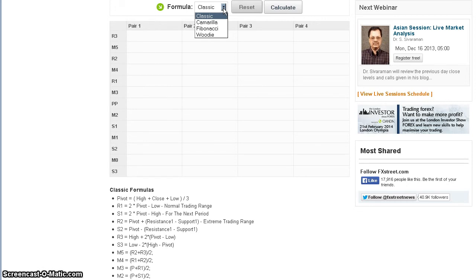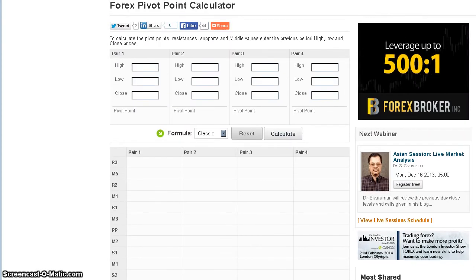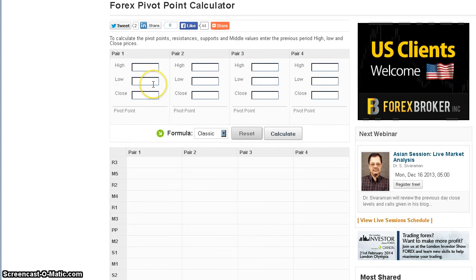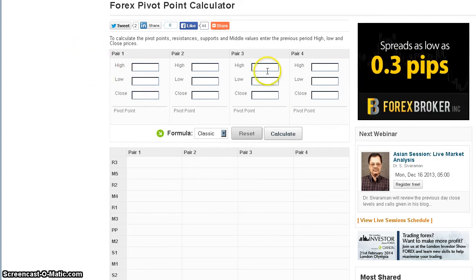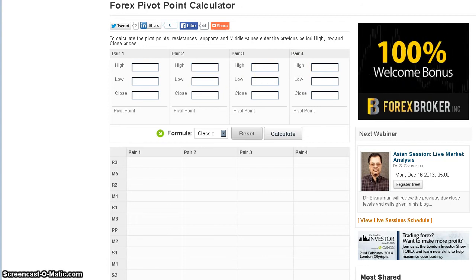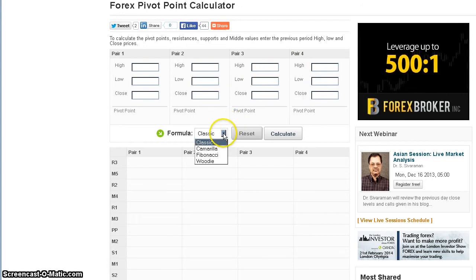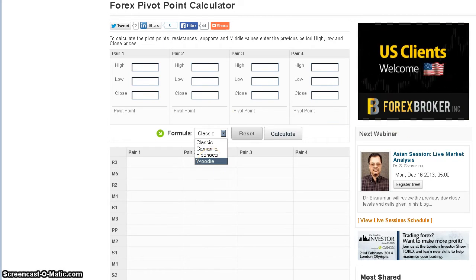So I'm not saying that this is the only way to view the market, but I'm a visual trader and I can't do the math. If I literally had to type in the high, low, and close here, I think I'd already be looking for some type of cyanide tablets or something, or a nice heroin overdose. And then you could be torn between, well, I don't know, I heard Woody's better.